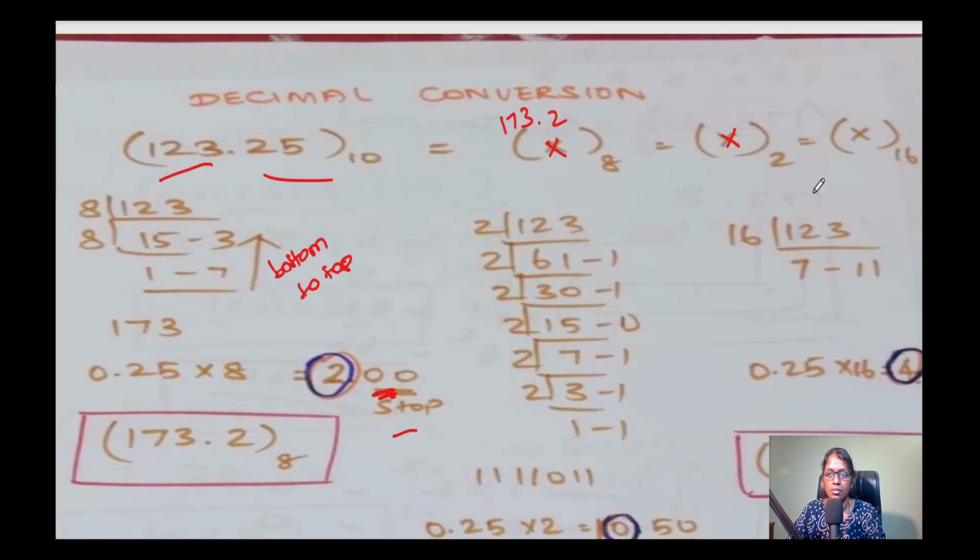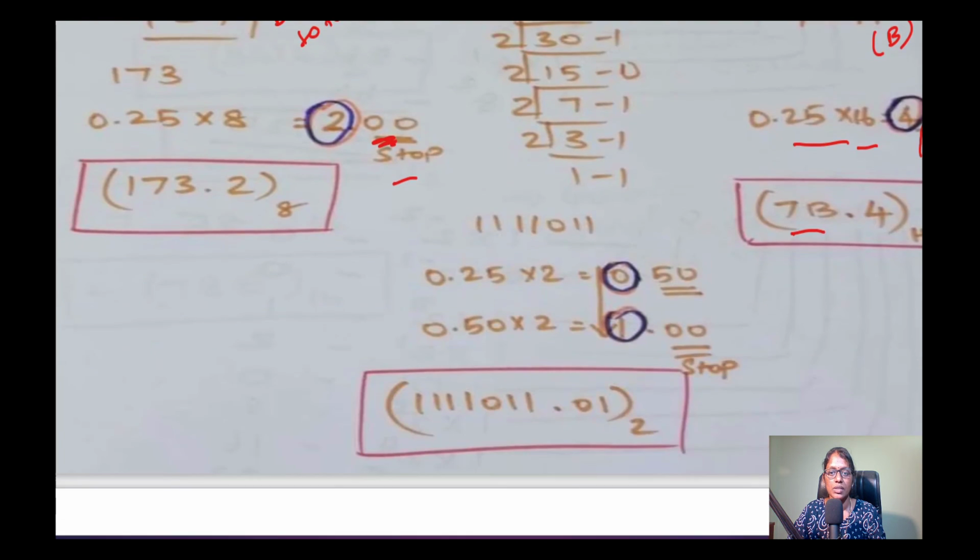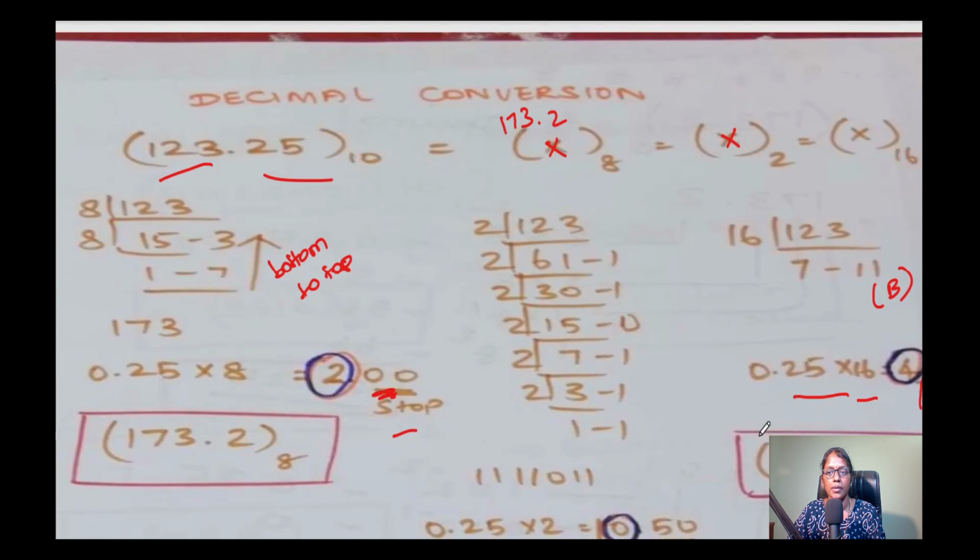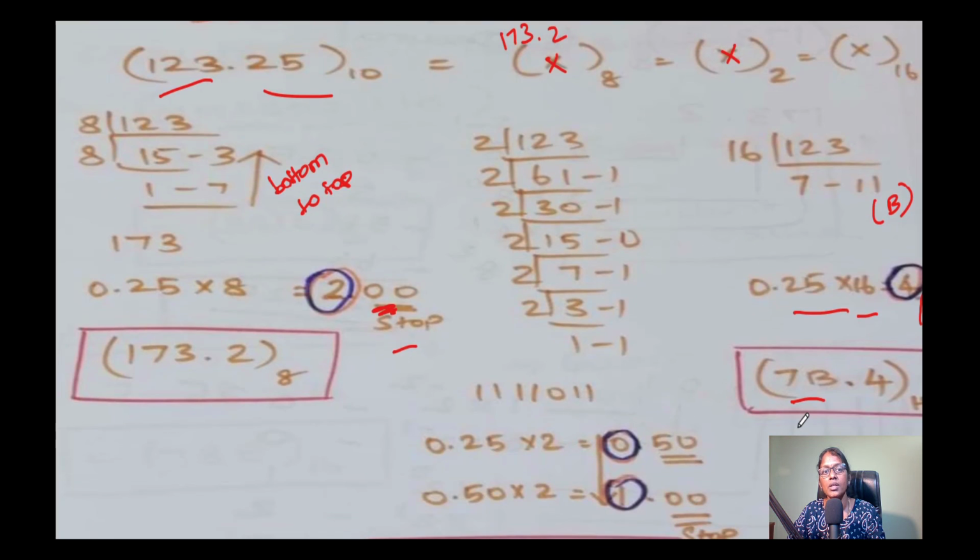In the same way you have to do it for hexadecimal. Divide the 123 by 16. So 7 and 11. 11 is represented as B. So 7B is its whole part. And for the fractional part, 0.25 multiplied by 16 gives 4.00. When 00 comes, the process stops. Take only this 4 as its fractional part. The hexadecimal value is 7B.4. So this is a very easy and important method. We should work out